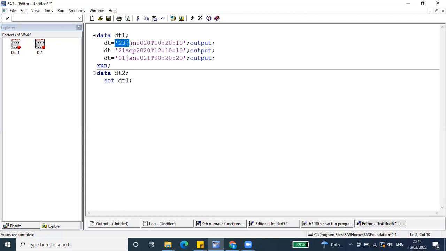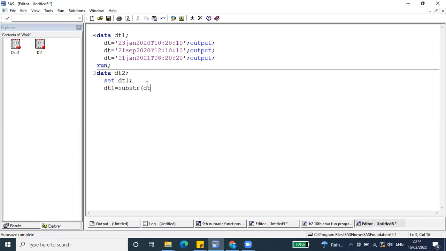not for character. Here we have a character value. So for this character, will the numeric date time functions work? No, right? So I just need the first 10 letters. How can I execute it? Substring. Yes, we can use a substring function like DT1 equals substring of